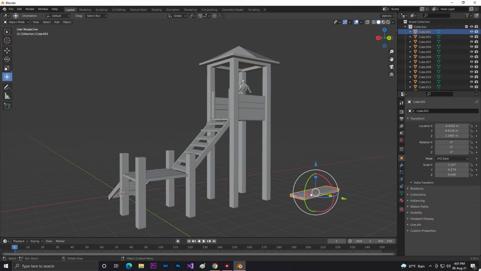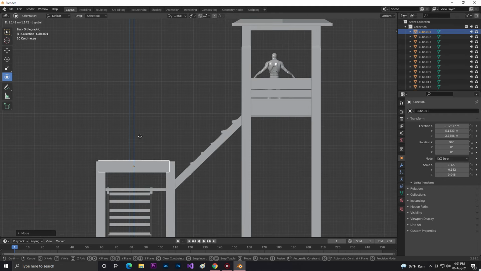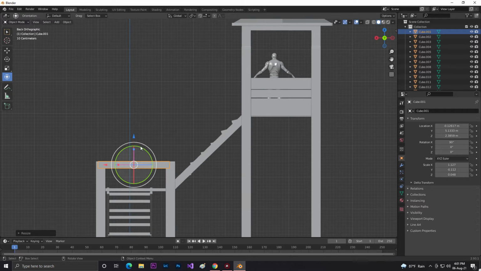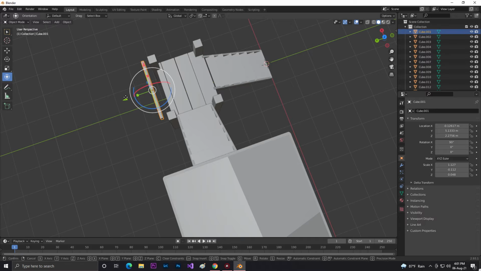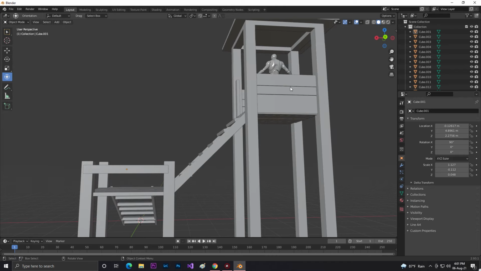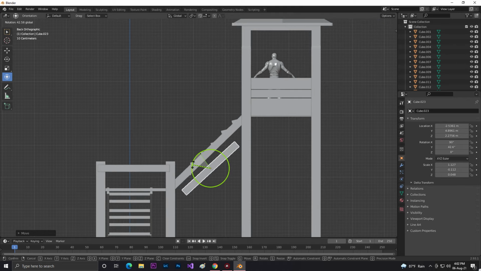Now we'll get this part and select here by 90 degrees, make it smaller, go to Y and just adjust this position, and just adjust this stuff, go to Y, simply duplicate and rotate to 40 degrees,